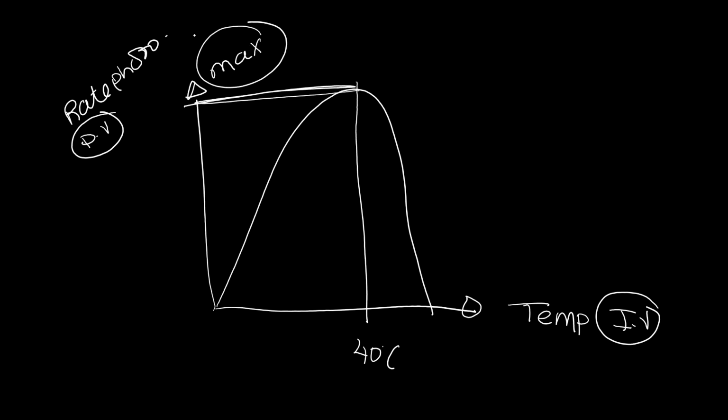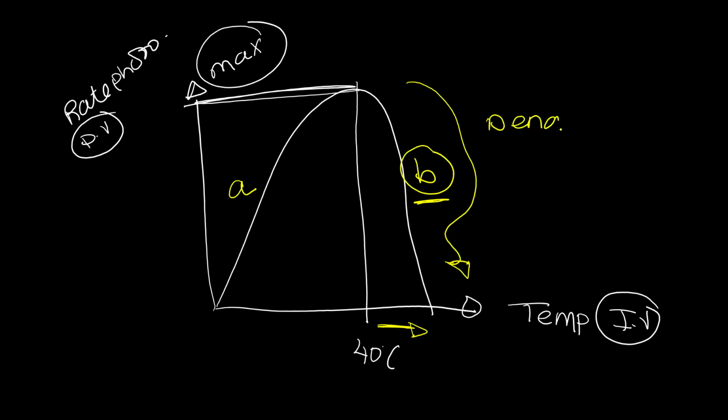And I have two different parts on this graph. I have part A and I have part B. Let's look at B first. At B, it's very obvious that when the temperature rises, the rate of photosynthesis will drop. And I think you know why. Because the enzymes in the plant will what? Denature. Denature. So this part, I hope it's clear. And we will elaborate on denature. Now at A